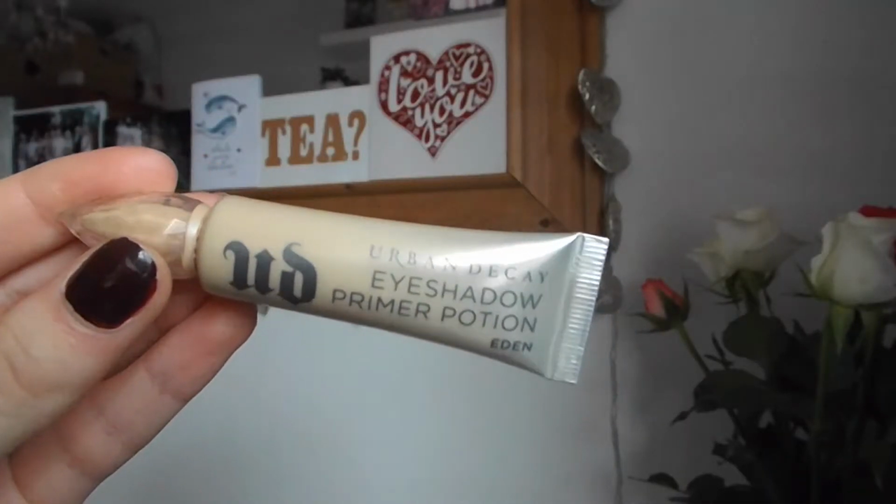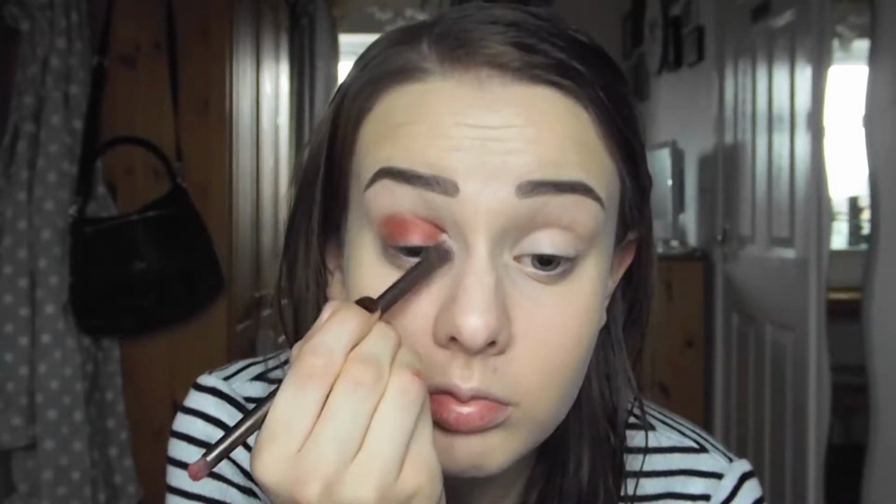Then I'm taking my Urban Decay Primer Potion in the shade Eden just all over the eyelids. And today I'm doing cranberry eyes. Now I'm really loving this trend at the minute. So I'm taking this NYX eyeshadow. I did mention it in my last favourites video, and then I'm packing that all over the lid and then blending it out with a fluffy brush just because I really want to get all of that colour from the